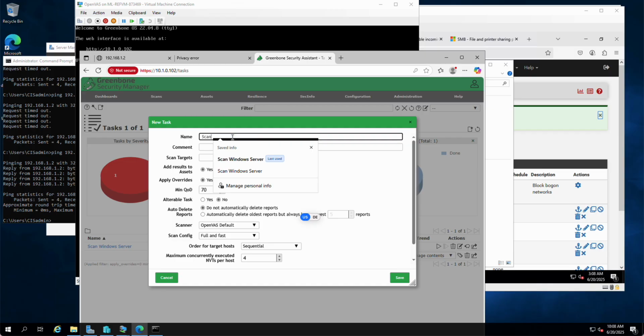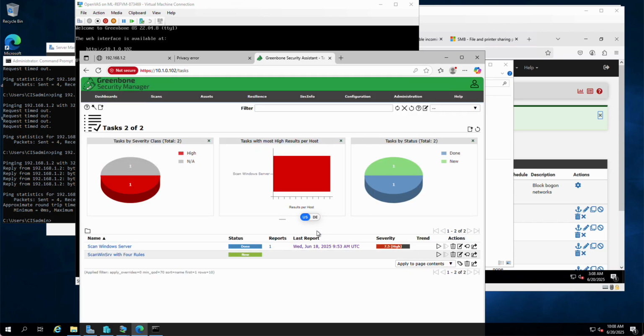I'll just call this scan Windows Server with 4 rules, because that's what I have right now. I have 4 rules, and that's the one that's going to run. The target is still here, it's Windows Server. Let me hit save, and I'm going to start the scan here. Scan Windows Server, it's a new one, and it's still going to take a while. I think last time it took 10 minutes, and